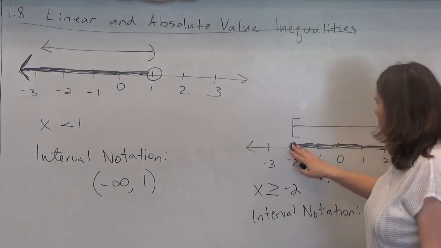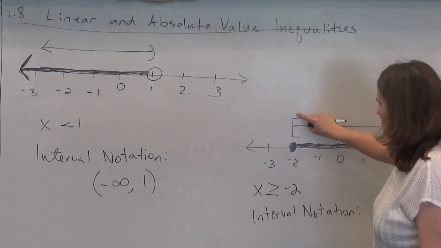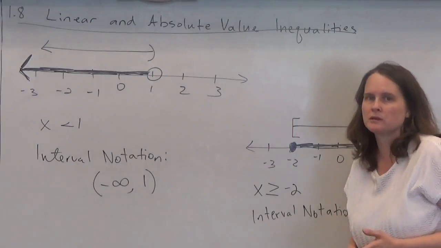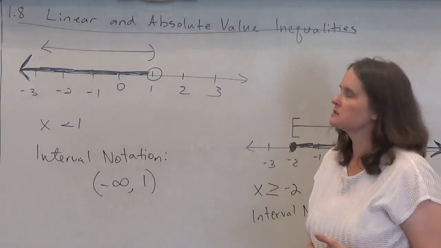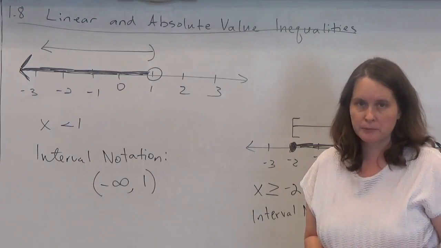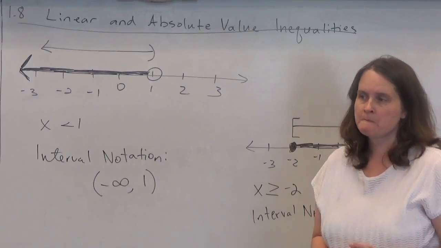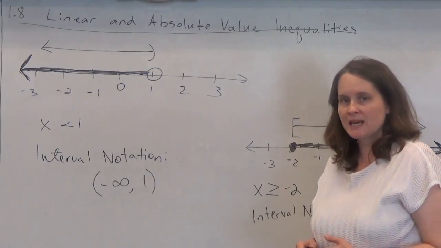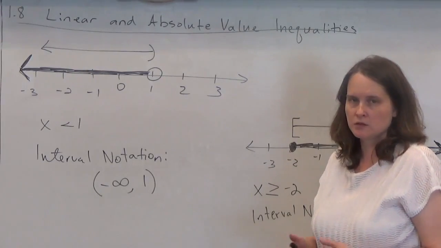And over here, we've graphed everything this way, so we would use the square bracket that kind of points to the right side, like that. So that's how we decide which way to point the brackets and the parentheses. You don't have to use the brackets and the parentheses, you can still use the circles, but the brackets and parentheses are used in interval notation, so it's good practice to go ahead and use it on the number line